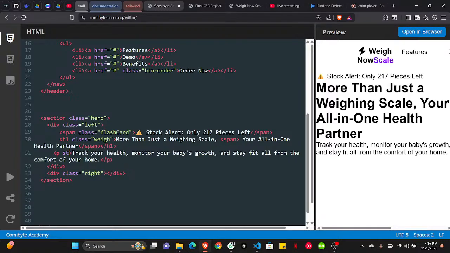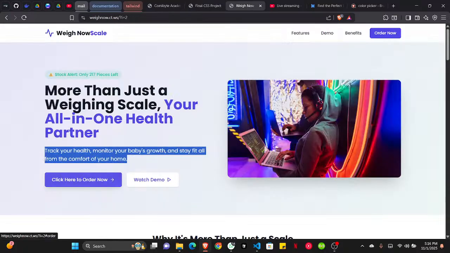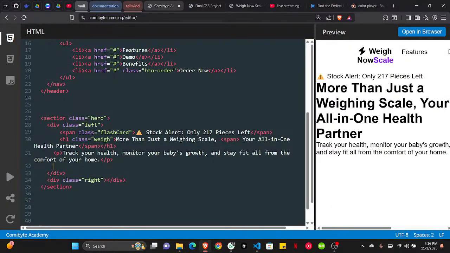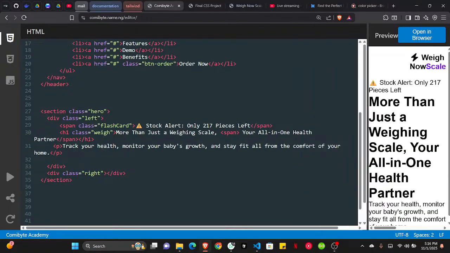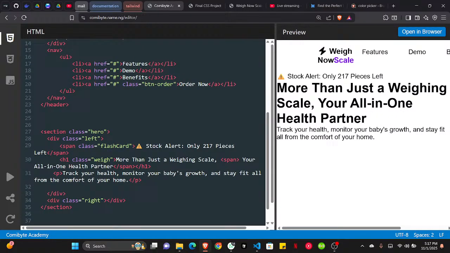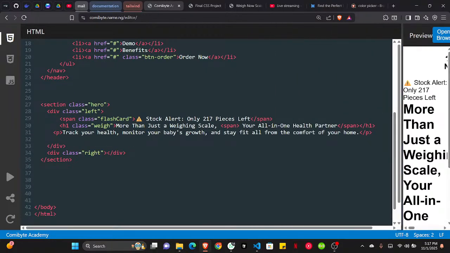And the last thing is that we have two buttons over here. We have this button that says click here to order now with a left arrow, and we have this one that says watch demo with a play button. So what I'm going to do is I'm going to create a div for both of them. So I can just simply reduce this, and I'm going to say